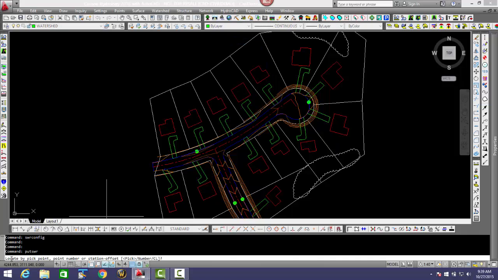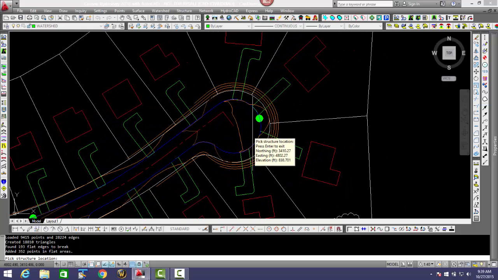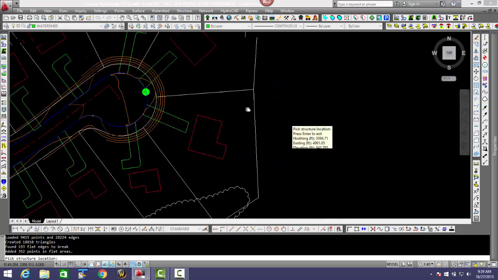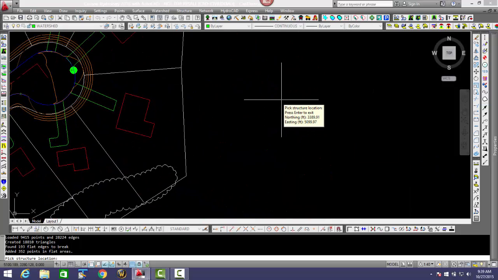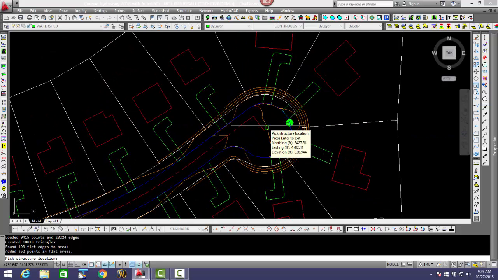We get down here to the command prompt. It asks us, do we want to pick number or center line? Well, if you hit enter for the default pick, now you can see that we're getting information on our surface model. Northing, easting, elevations, things like that are starting to show up because we are within our surface. If we move out here off to the edge, we still get northing and easting, but our elevation goes away. See? So now we're going to come back in, and I'm just going to snap to the insertion point, INS,